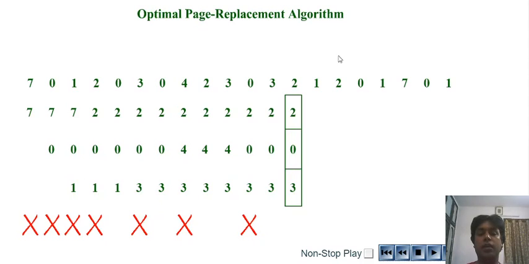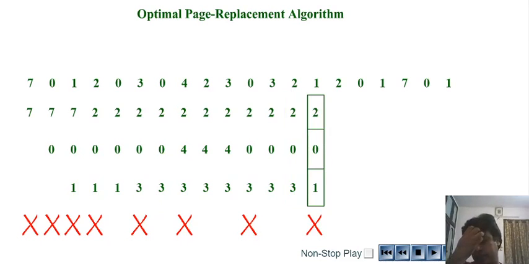After this, there is a demand for page 1. For 1 to be placed in one of the frames in the memory, I need to select either 2, 0 or 3 to replace. As you can see, 2 is going to be required in the near future. 0 is going to be required in the near future, but 3 is not going to be required at all. So a good option is to replace 3 with 1. So this is again an indication of a page miss or a page fault.